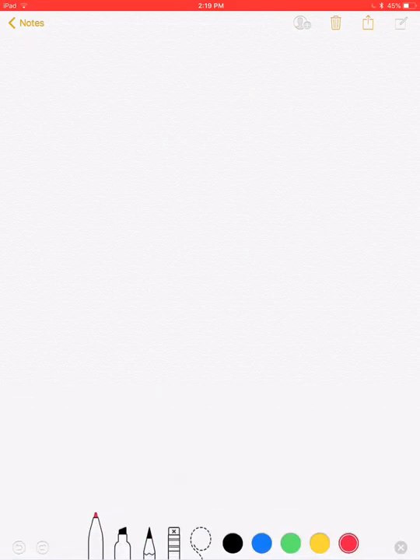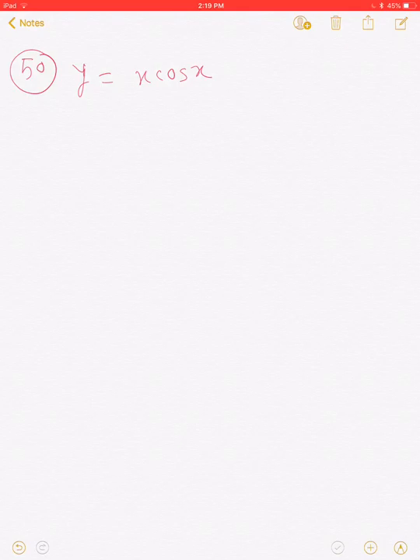Next question, that is question number 50. By using Leibniz theorem, we have to find the nth derivative of x cos x. So here again the choice of u and v is important. We are choosing function v as x and function u as cos x because the derivative of x vanishes earlier. So its nth derivative is nothing but nth derivative of our first function, that is cos of x plus n pi by 2,